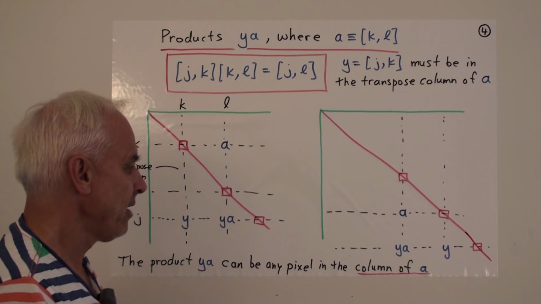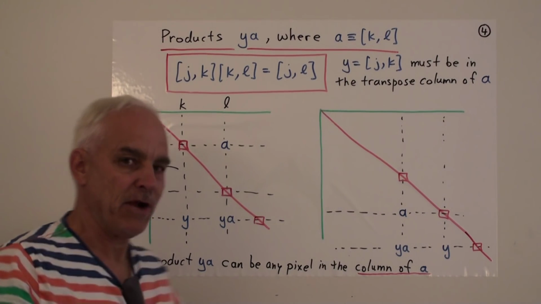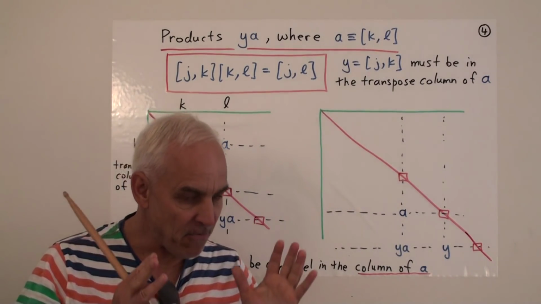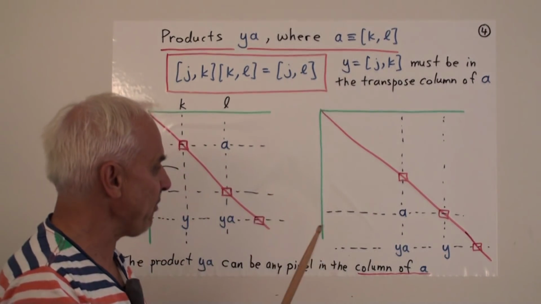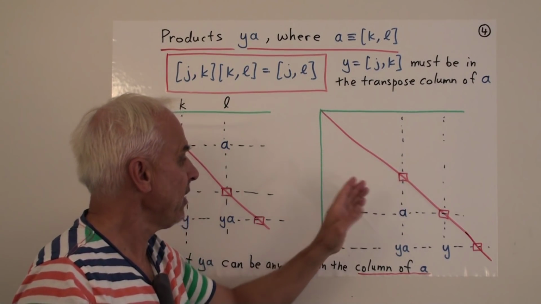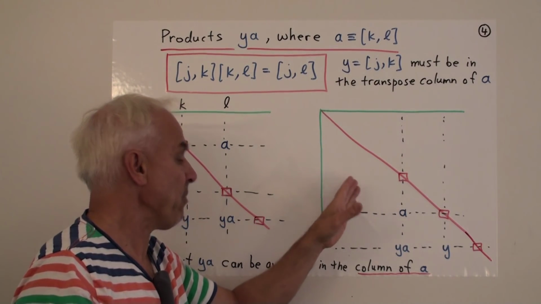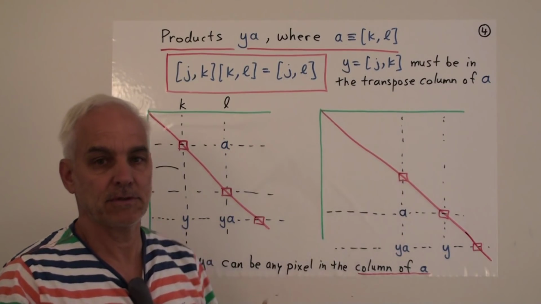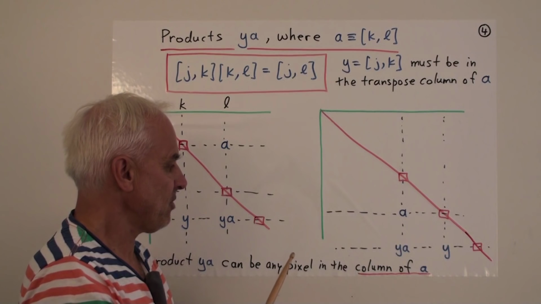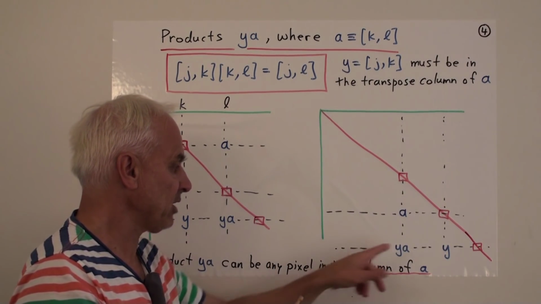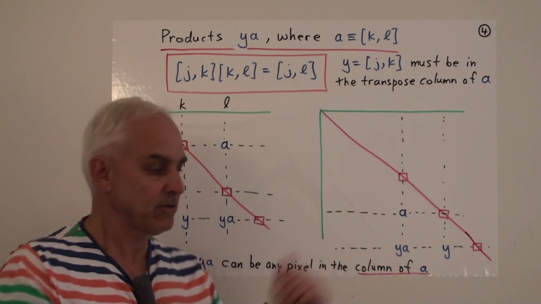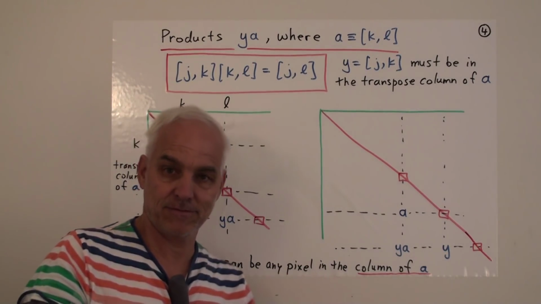Relatively simple, but still one has to stare at it for 10-15 minutes and become familiar with it, have a look at some examples, say what happens if A is here, and what can we multiply A by to get what? So it's good to just play around with some diagrams so that you become familiar with what happens when you multiply A by either an X pixel on the right or a Y pixel on the left.